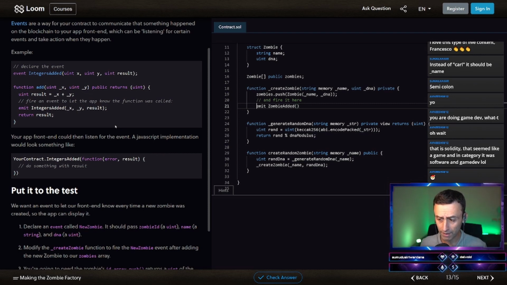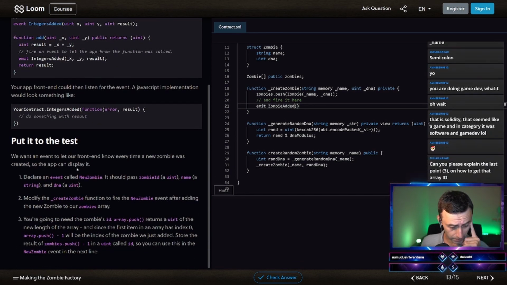So this should be the event. So we push, and then with the event you can emit. Can you please explain the last point 3 on how to get that array ID? I'm reading this for the first time with you, but let's read it again. Yes, you're right. You're going to need the zombies dot array dot push.